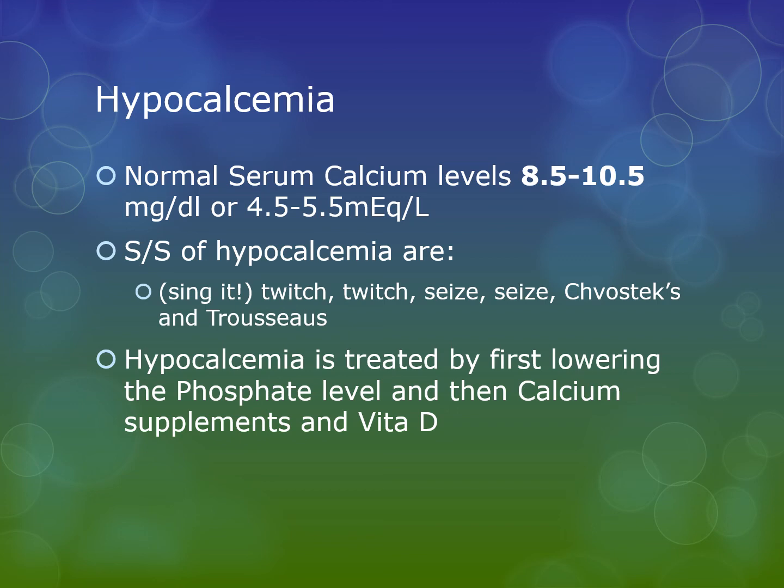So at this point, you do need to commit normal calcium levels to memory. In Southwest Missouri, 8.5 to 10.5 milligrams per deciliter is our normal range. Now, I went ahead and put the milliequivalents on there just so you could see, because when we're talking about sodium and potassium, they're measured the same way. So you can compare apples to apples, meaning for every 135 to 145 sodiums that are in your bloodstream, there should be 3.5 to 5